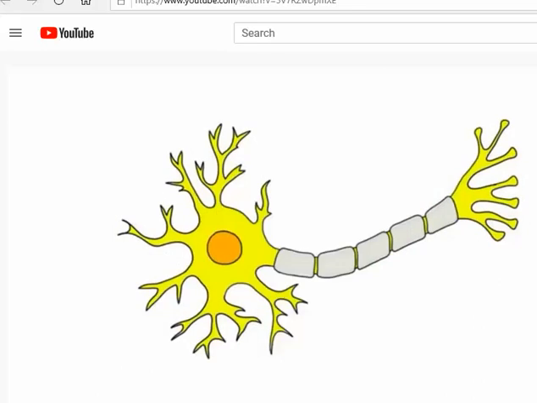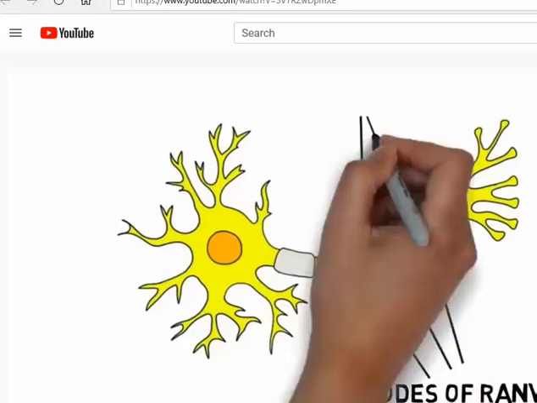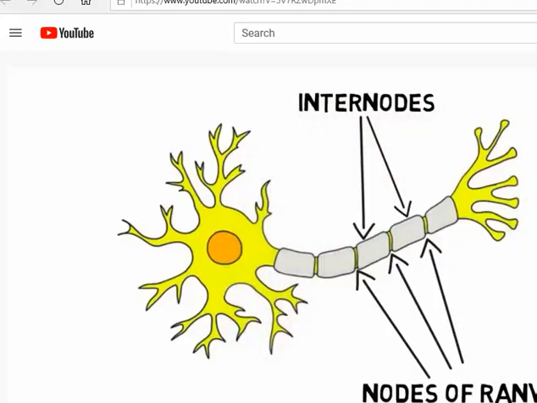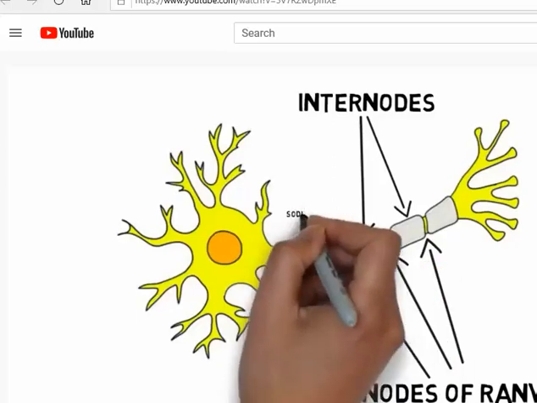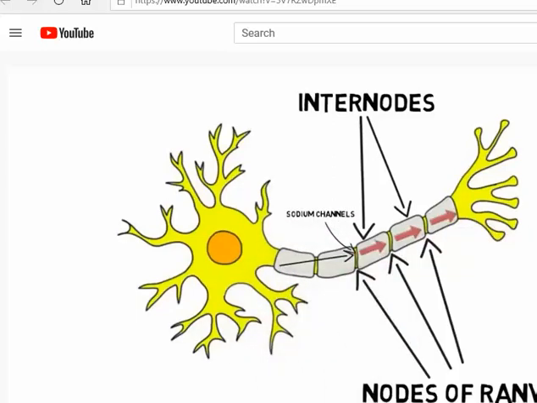Myelin does not cover an axon fully. Instead, there are intermittent gaps in the myelin where the axon is exposed to extracellular space. These gaps are called nodes of Ranvier, and the sections of myelin that are adjacent to the nodes of Ranvier are called internodes. The nodes of Ranvier are rich in sodium channels, which open in response to an action potential traveling down an axon, allowing positive sodium ions to rush in. This influx of sodium ions rejuvenates the action potential and helps to prevent it from dying out as it proceeds